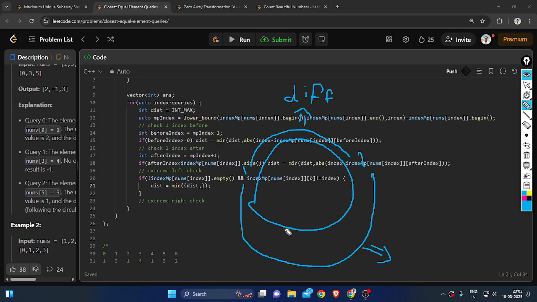This circular array, on the other hand, has a circumference of nums dot size. I'm sorry, this handwriting is too bad. Let me write in short form, size. This is what size is, and this value will basically be size minus difference,